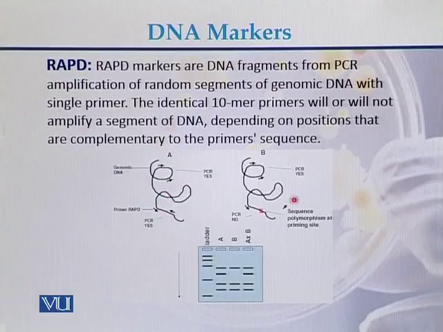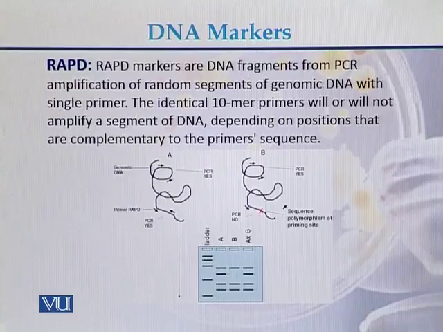the arrows. While in case of the second DNA molecule, this primer was bound to 3 different locations: location number 1, location number 2, and location number 3. So this primer was not bound to the second DNA molecule at this location. When we compare the fragments, in case of DNA sample A, here we can see 4 fragments, but in case of sample B, there are 3 fragments. So this is the second method of polymorphism, which is called RAPD.